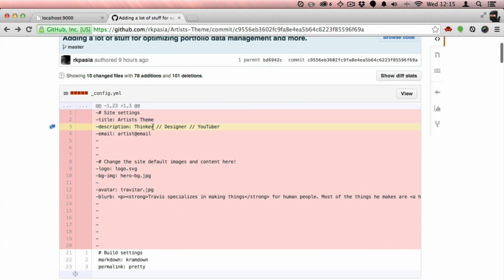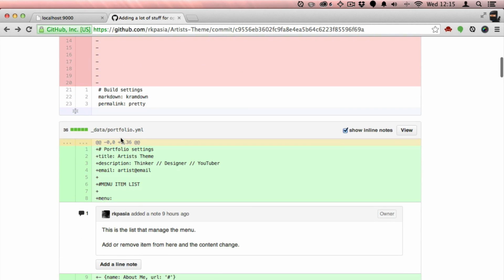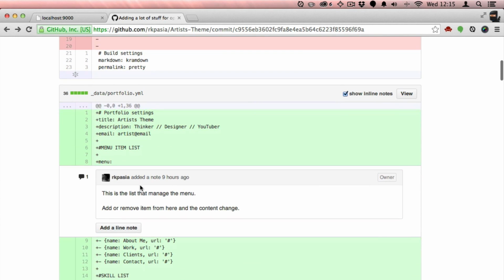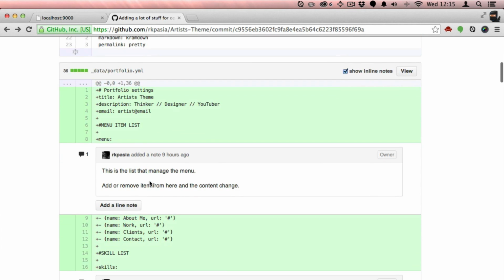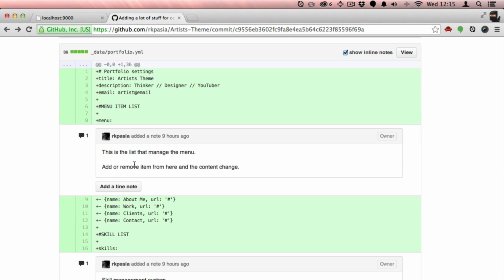So site settings, like I had in config, is now in _data/portfolio YAML. And here he has the portfolio settings exactly as I had them. And then he adds another item, menu item list, which is, as he explains in his comment, so it's really helpful when you're collaborating to comment on specific lines and groups of code, and helps the collaboration go a lot more smoothly. So what he's explaining here is that these names and URLs